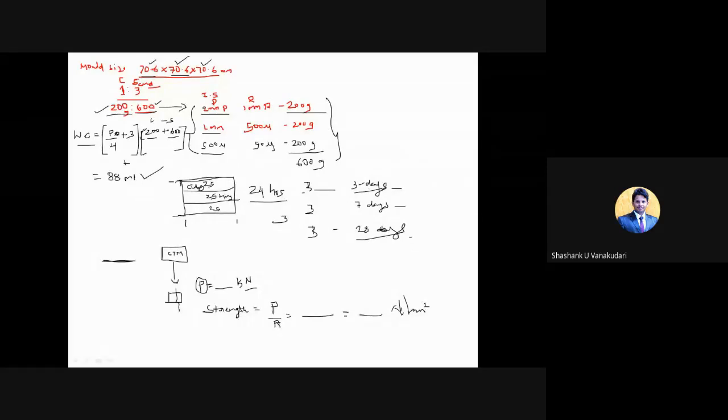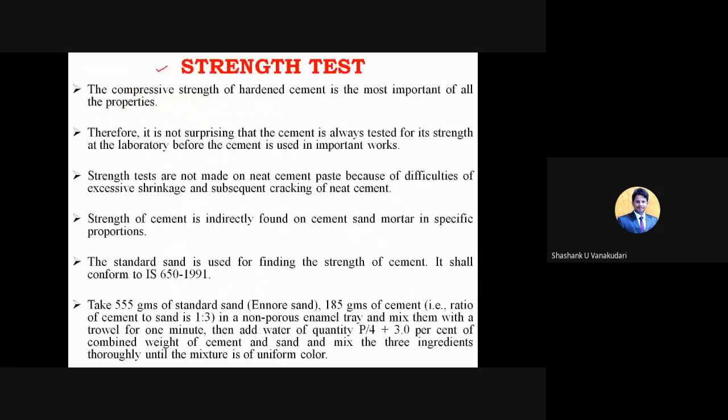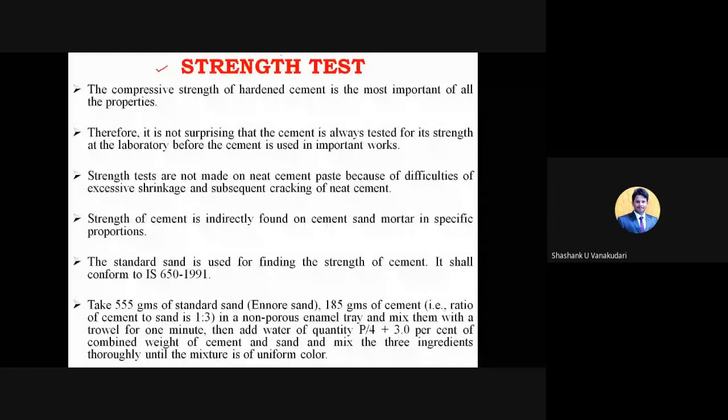So this is regarding the compressive strength test. So for this, they have preferably taken 185 grams and 3 times more than this, in the sense 1:3. This is 1 and this is 3 parts. It will be 555. They can consider any quantities, but the thing is that the cement paste and all should be with the same proportionality.